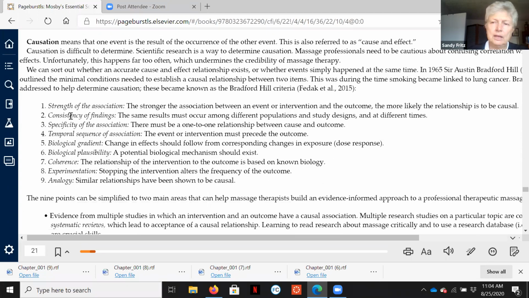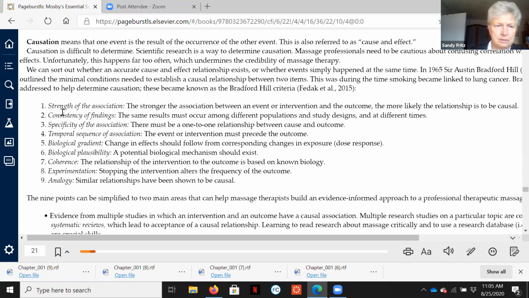So when we're thinking about biological plausibility, when we're thinking about evidence, these are the things that we would want to stop and take a look at as a researcher. And we're all researchers because we're all using a critical thinking process to come up with the best platform for what we are going to do. So in your class, as